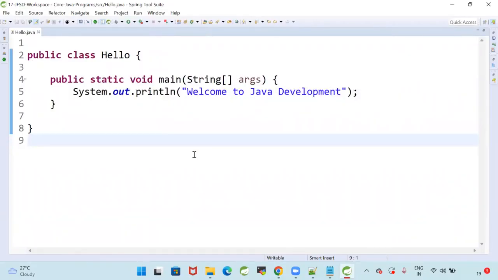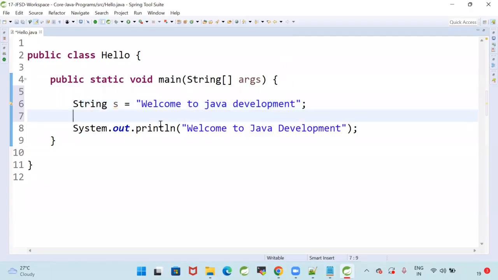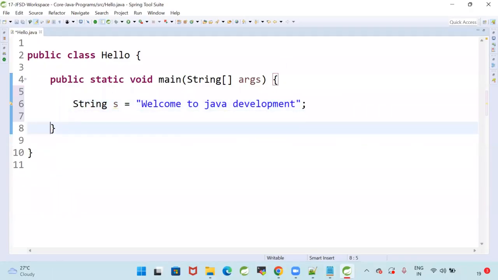Which one is easy? Developing the programs in Notepad is easy, or developing the programs using an IDE is easy? Developing the programs using an IDE is easy. Okay, for example, I'm taking one variable, String s is equal to "Welcome to Java development". When I use s dot,